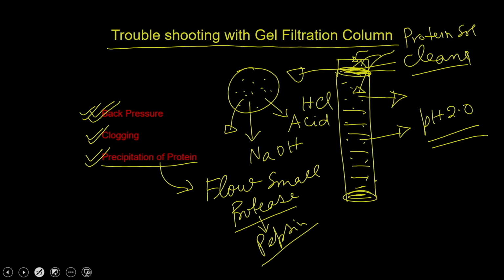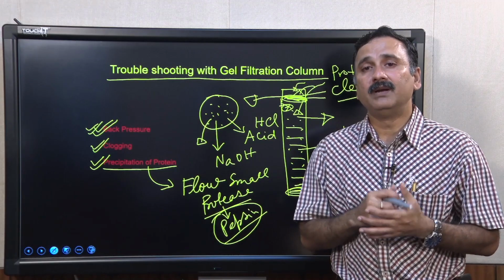And what will happen is, this pepsin is going to diffuse, because as soon as you are not connecting it to the machine, the protein is going to diffuse. Even if the pepsin is present in the first layer of your column, it will come out from the beads and diffuse throughout the column, and ultimately what will happen? The pepsin is going to chew up these proteins, and they will be degraded.